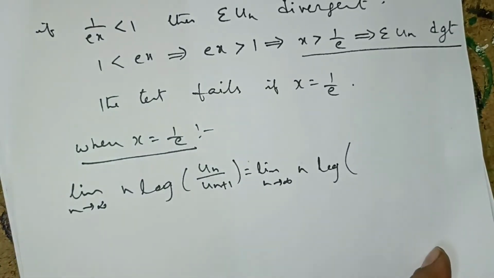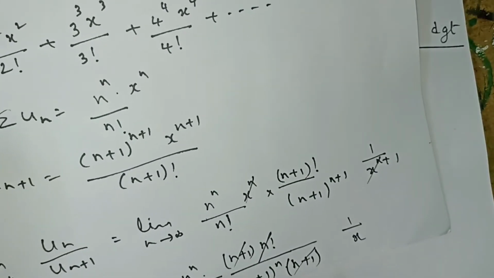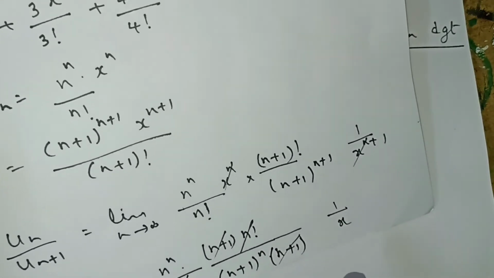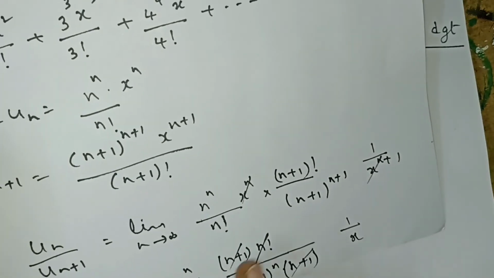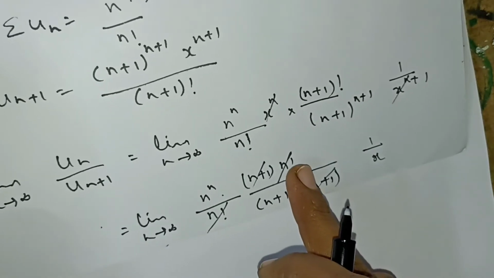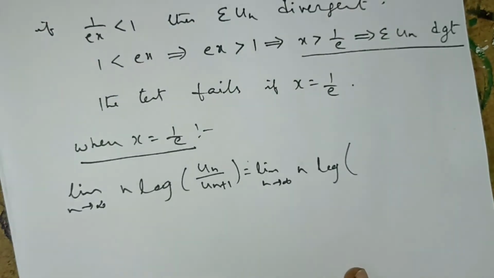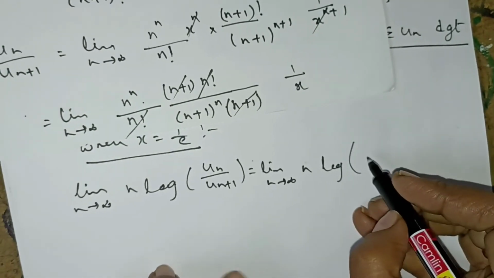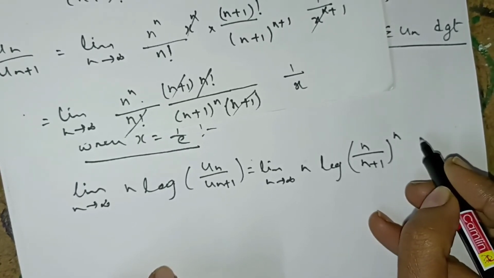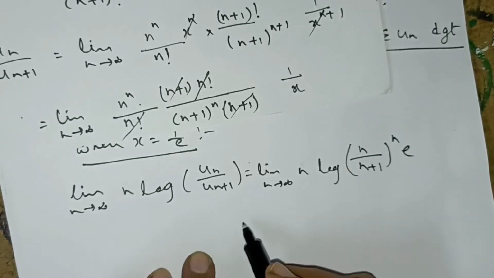Before taking common, whatever value we have got, that value only we should write. After cancelling all the terms, n to the power of n by n plus 1 whole to the power of n into 1 by x. That value we will write. All the terms cancel. Before taking common, n to the power of n by n plus 1 to the power of n into 1 by x. But x is equal to 1 by e, so that is equal to e you will get. Now we will write n by n plus 1 whole to the power of n into 1 by x. 1 by e is e. You will get like this. That is equal to